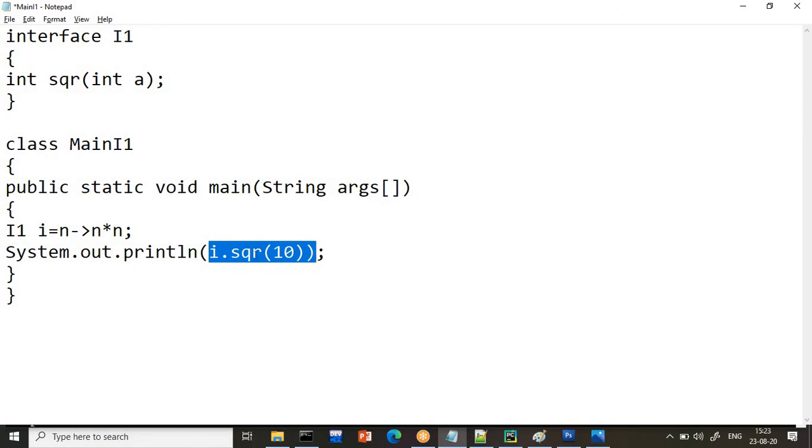So how will it work? First I dot square of 10 it will call, and it will go to the lambda expression, n value will be 10, 10 into 10 it will become 100, that 100 value will be assigned to I, and that is nothing but returning here itself. So here we need not write any manually written statement. It is very easy, directly we have written this n into n and our work is done. So that is the beauty of lambda expression. I hope it is very clear for you.